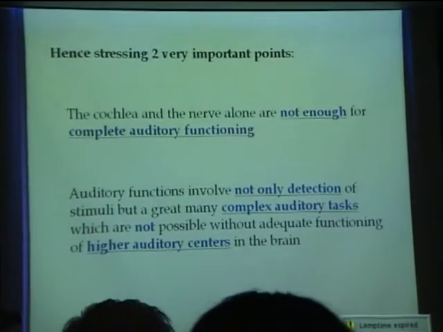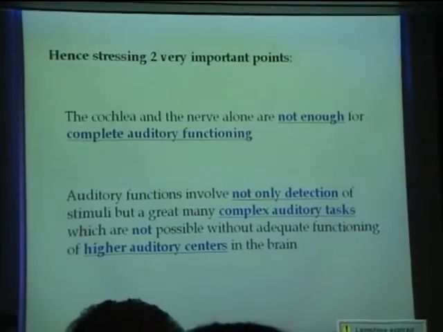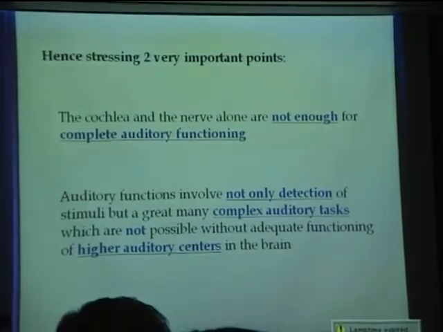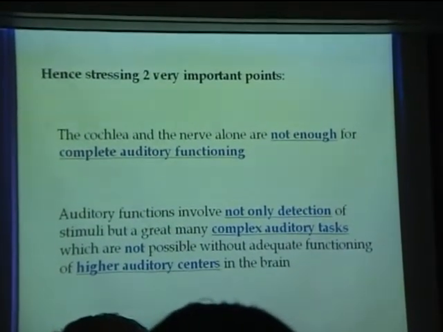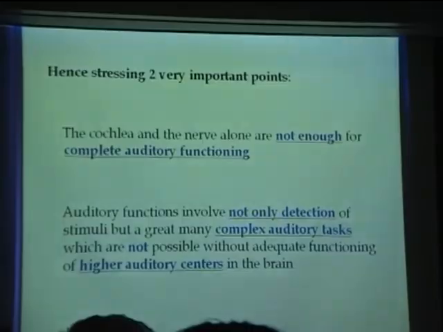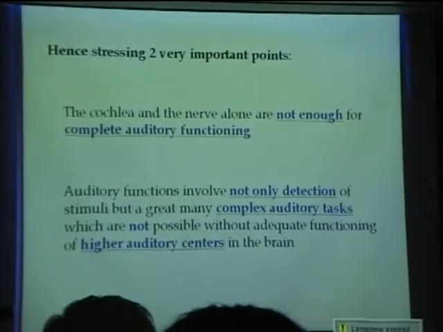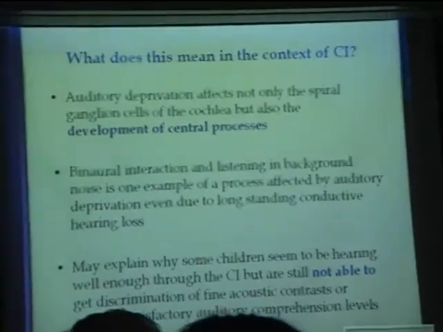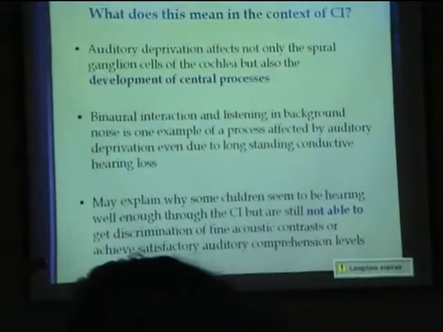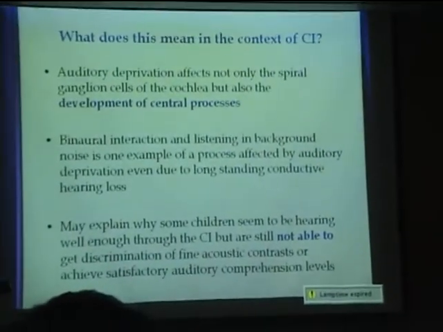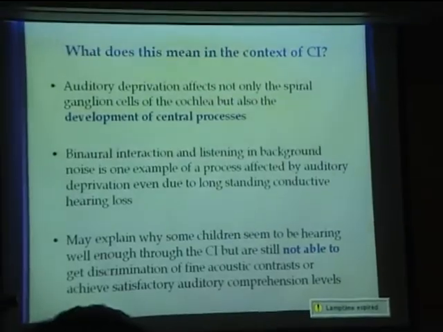The cochlea and nerve are not enough for complete auditory functions, and detection is not the only thing that you need to do with your auditory system. There are higher auditory centers which are doing far more complicated auditory functions. So what does this mean to us? It means that if there is auditory deprivation, it affects not only the cochlea and spiral ganglions, but also the